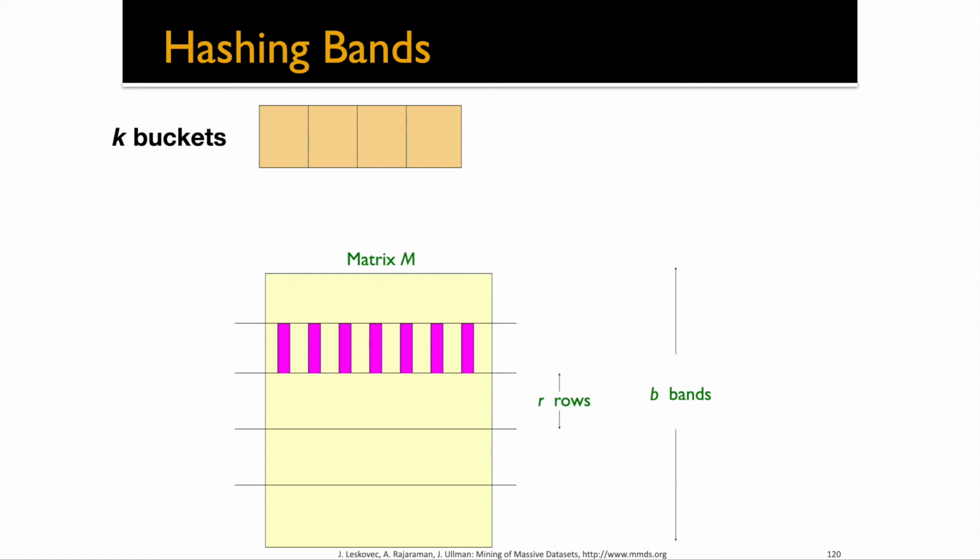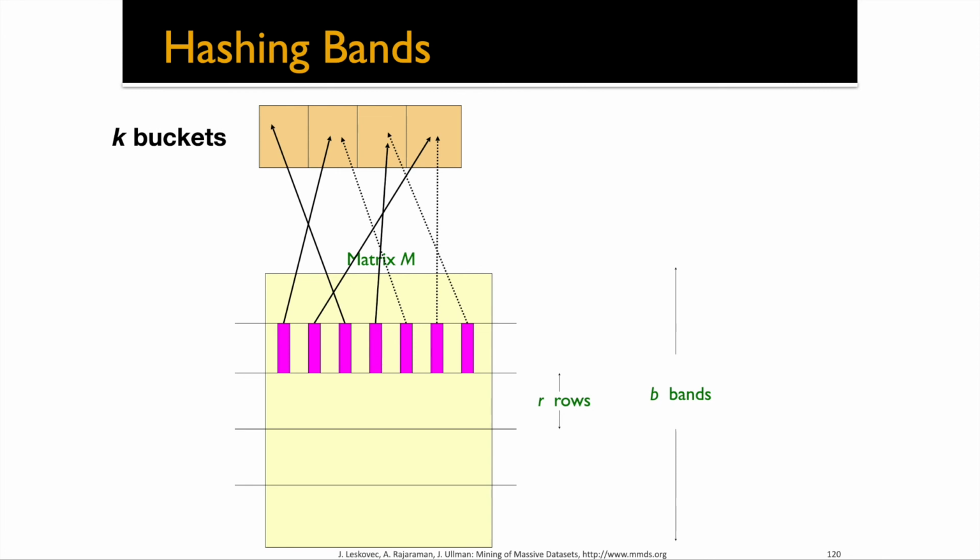So say we have 7 different documents in our signature matrix here. And this signature matrix has been divided up into B bands of R rows each. If we apply some hash function to this first document, it goes into one of these buckets. The second document goes into a different bucket. Third document goes into a different bucket. Fourth document goes into a different bucket. Now when we hash this fifth document, it goes into the same bucket as the second document. This sixth document goes into the same bucket as the second,